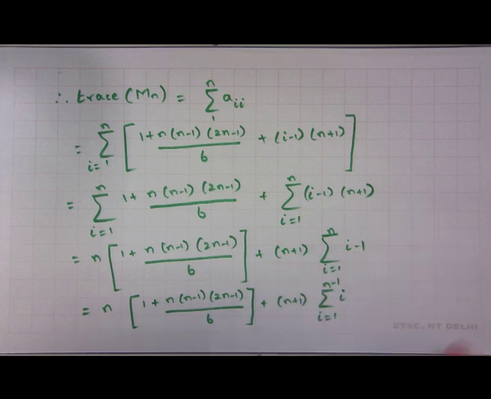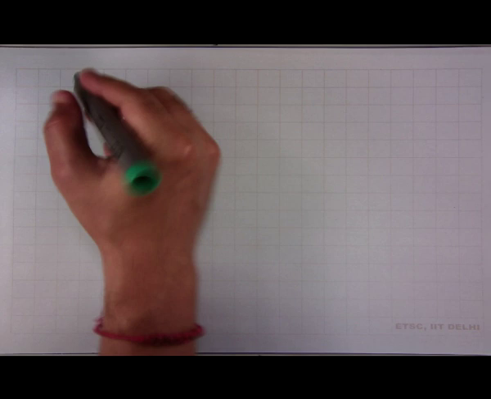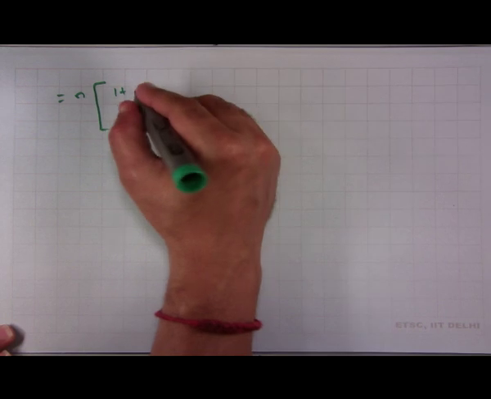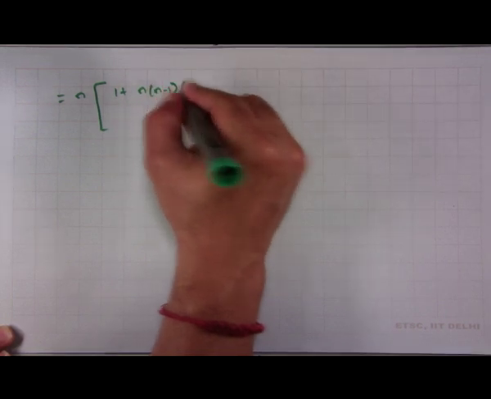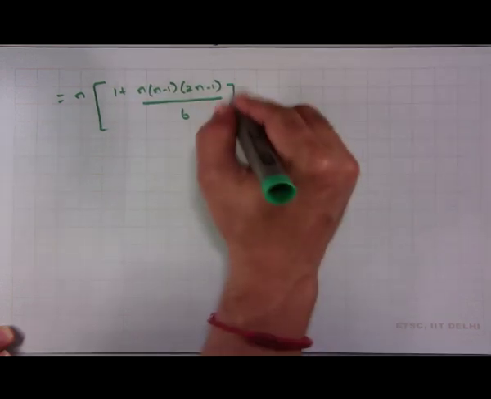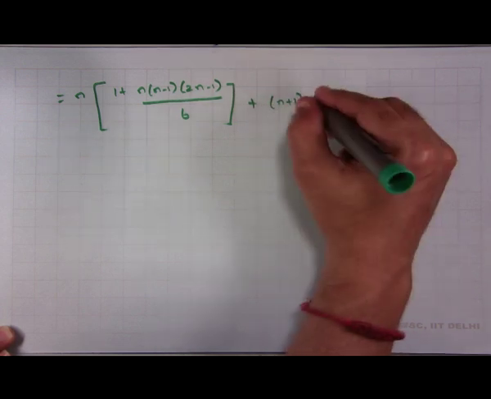So, I will have 1 to n minus 1 of i, which is equal to n into 1 plus n into n minus 1 into 2n minus 1 whole upon 6 plus n plus 1 into,